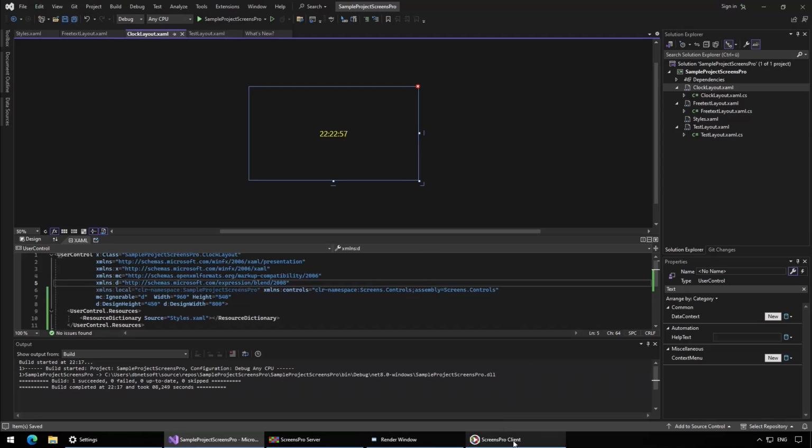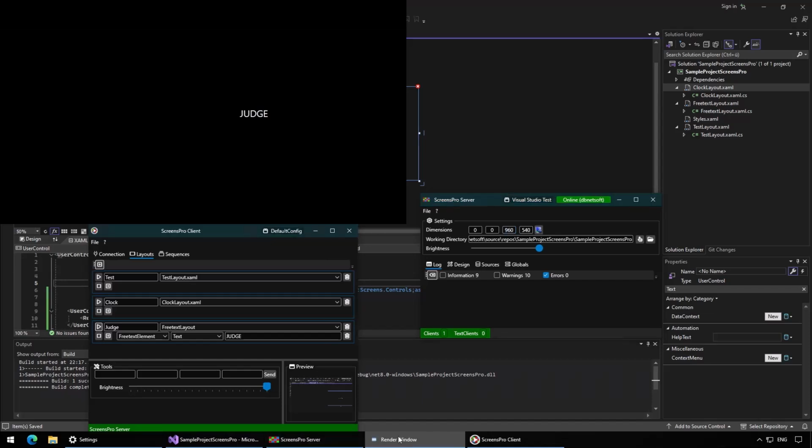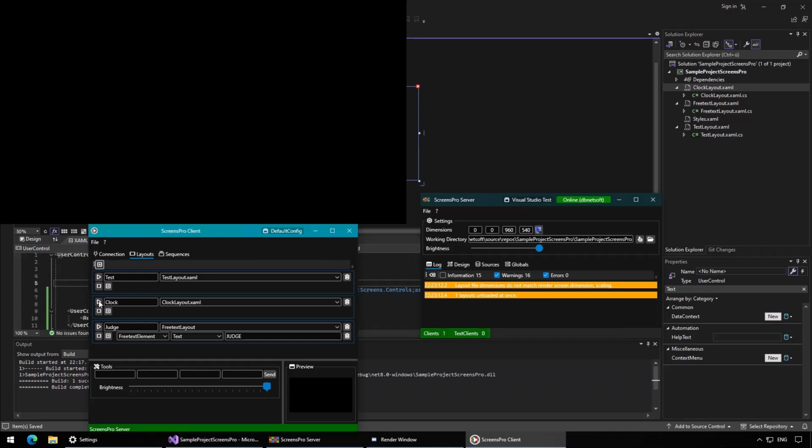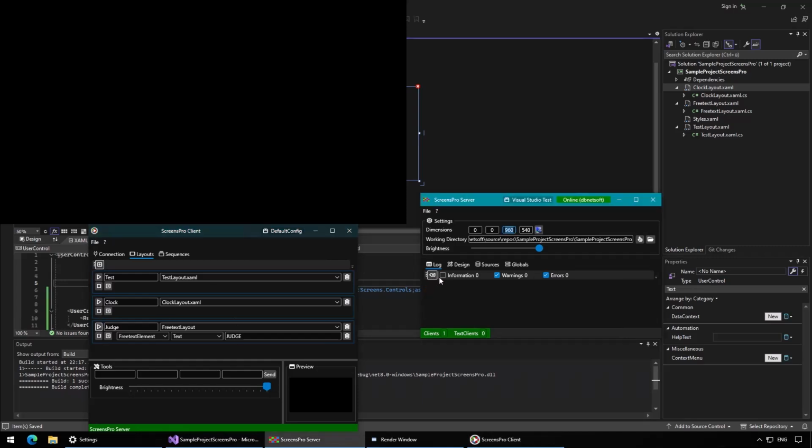Let's have a look how it looks in the client and the render. We play the clock, nothing appears. We play the judge, nothing appears. Strange. Let's add warning logs in ScreensPro server. Clock, judge, nothing appears. The reason for this is if Visual Studio cannot find, or if ScreensPro cannot find any resource,